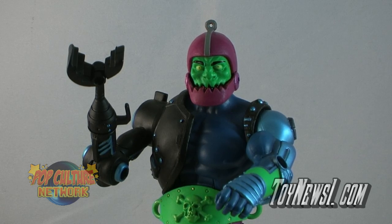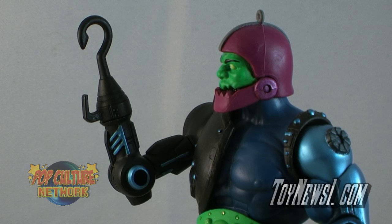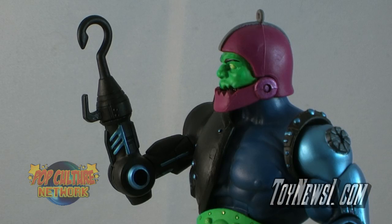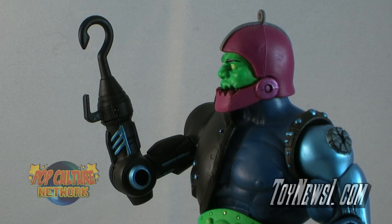Trapjaw is easily one of the best sculpted figures released. The Four Horsemen really outdid themselves here. He still resembles the classic character we all know and love, but with one of the best updates in the line. Even gross details such as the mangled mess under his metal jaw can be seen. He features interchangeable arm attachments just like the classic figure,